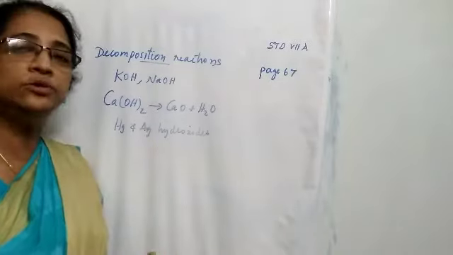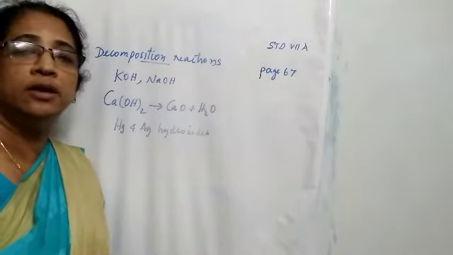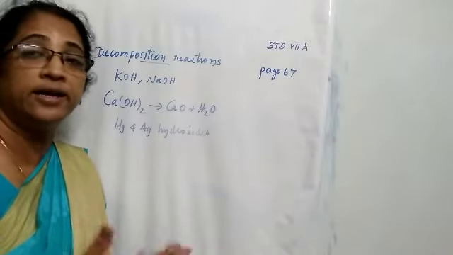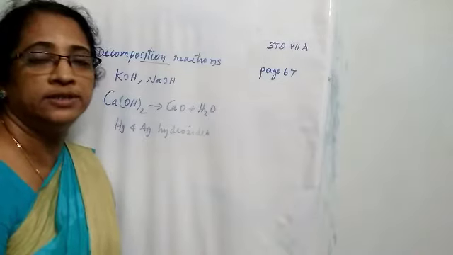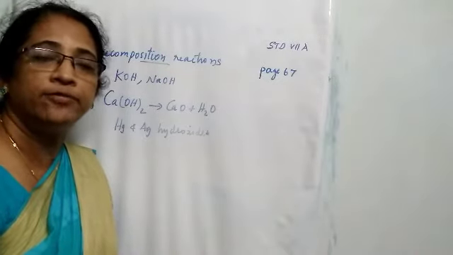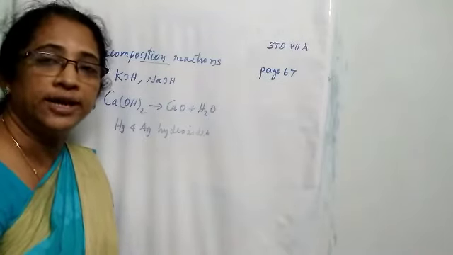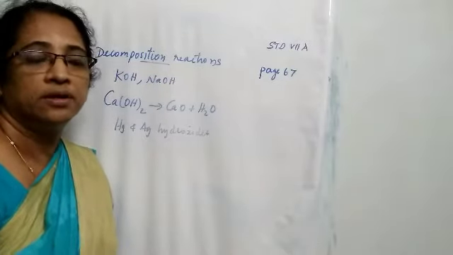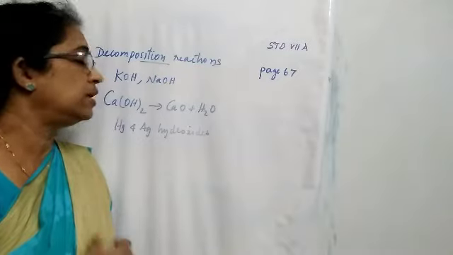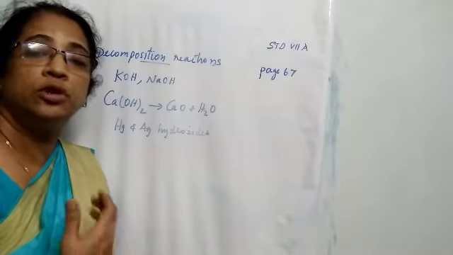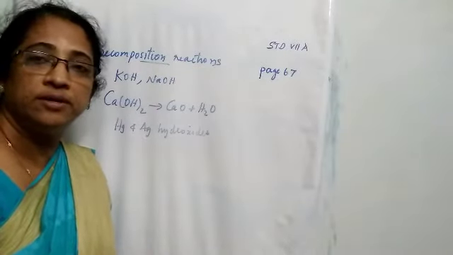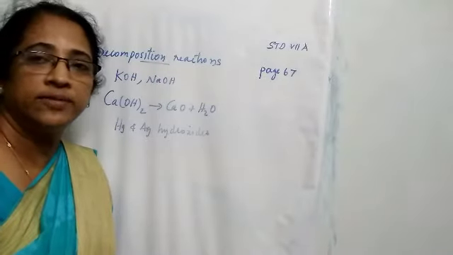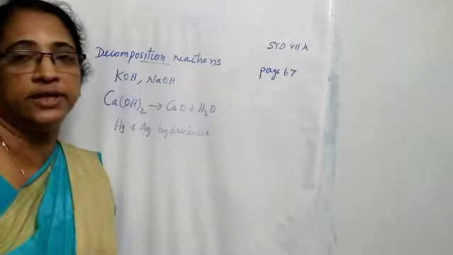And the bottom two elements, silver and mercury, do not form hydroxides, or we can say they rarely form hydroxides. So name a metal which rarely forms a hydroxide: silver, or we can write mercury. Name a hydroxide which does not undergo decomposition: potassium hydroxide, or otherwise write sodium hydroxide.